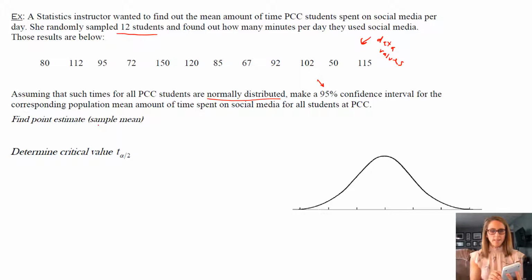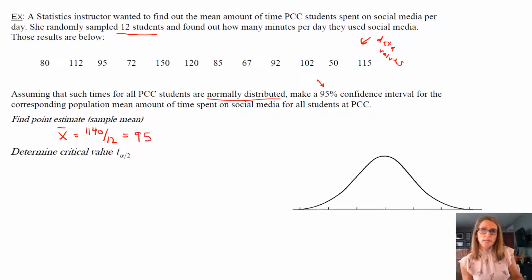Once you've done that, press stat, move over to calc, go to one variable stats, press enter, put whatever list it is that you put your values in, and then just calculate, and you're going to take your mean and standard deviation. So if you do this correctly, you should find that the mean amount of time for those 12 students is, and arguably you could do this on your own, but we need the standard deviation as well, so it's really easier just to use the calculator.